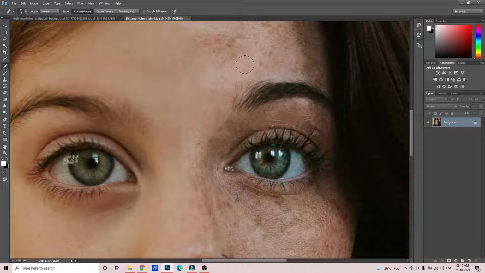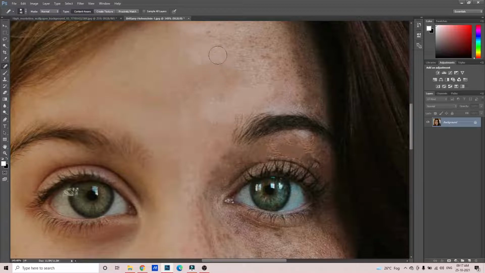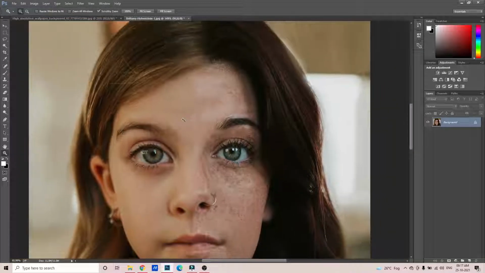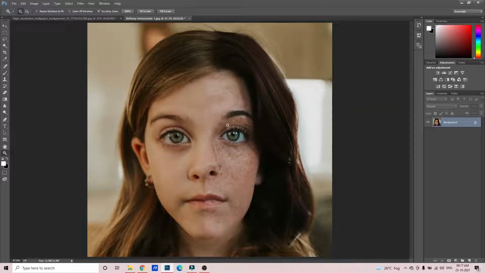So this image is for reference. That is why there are so many spots over here. But generally the spots are not so many. One or two pimples might be there, so you can just easily remove them. If I keep removing like this, the whole face will become similar to this part. Now when we zoom out, you can see the difference. It has already changed. Here in this part you can see all the spots are gone. Okay, this is one type of healing brush.